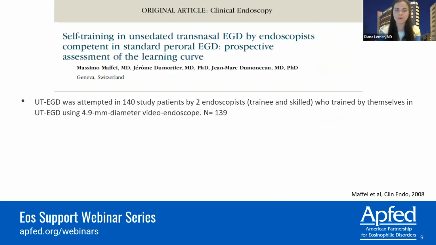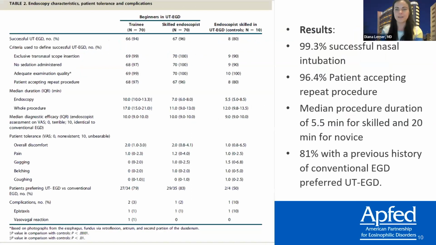They randomized people in Switzerland, novice endoscopists and skilled endoscopists, to doing a TNE completely unprepared. So these were people who had to research the nasal anatomy on their own, had never seen one done, and didn't have any sort of training about how to do it. And they randomized them to do 139 patients. And what they found is people did really well, even on their very first attempt at this procedure without any training. 99.3% had successful nasal intubation, 96% of patients accepted a repeat procedure,